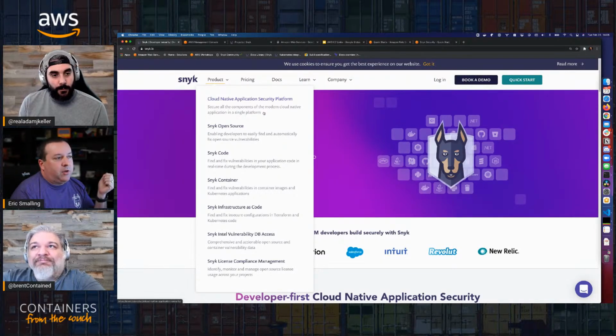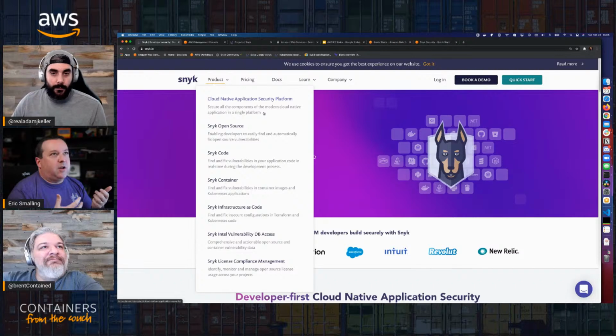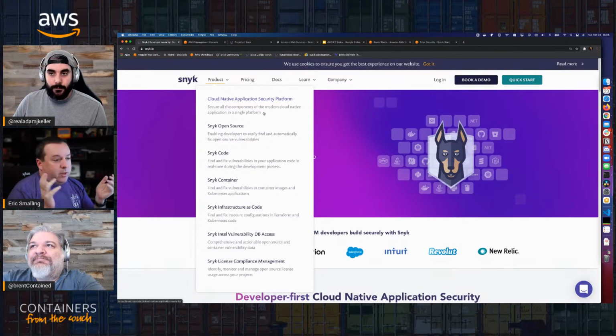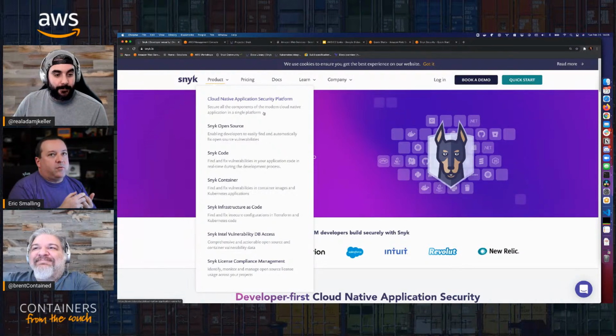The cloud native application security platform, that's kind of our bread and butter. What we've been doing forever is that if you're a Node.js or a Java or Go programmer or Python, probably other languages I'm not even remembering right now, this is where we come in and we scan the parts of your code that are going to get deployed that you didn't write. All of those libraries, all of their transitive dependencies, looking for vulnerabilities,